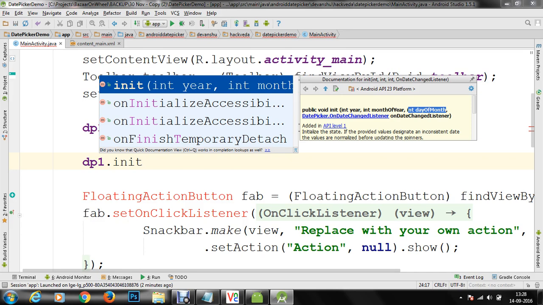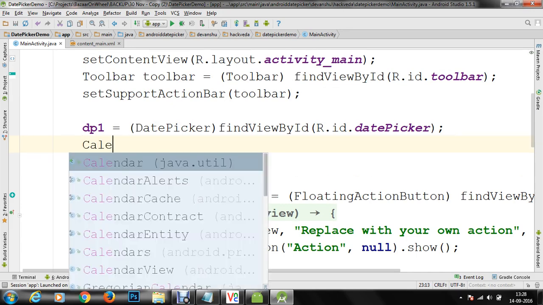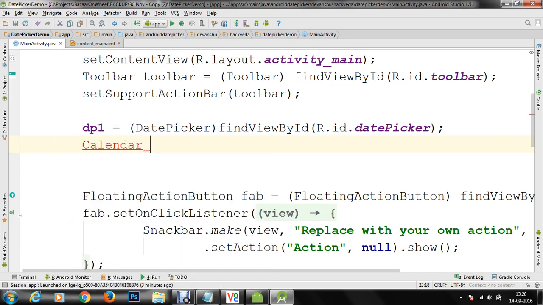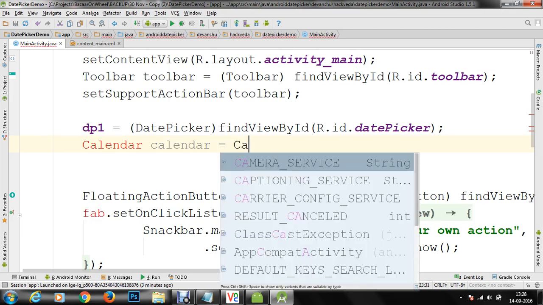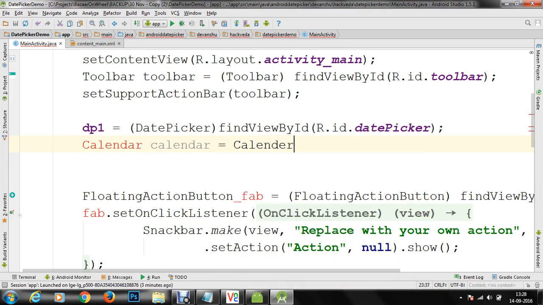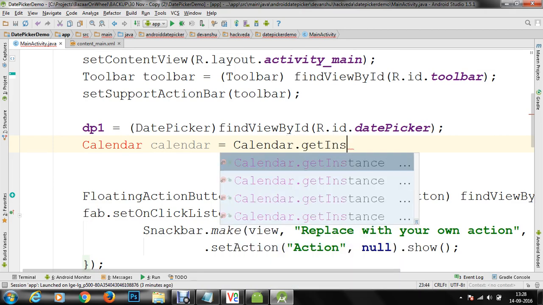So in order to do that, let me just remove dp1.init at the moment, and I would like to get an instance of the Calendar control first. So I'm going to create an object of Calendar, and let's call it calendar, and we can create a new object of Calendar using the class Calendar, and within this class we have a static method known as Calendar.getInstance.